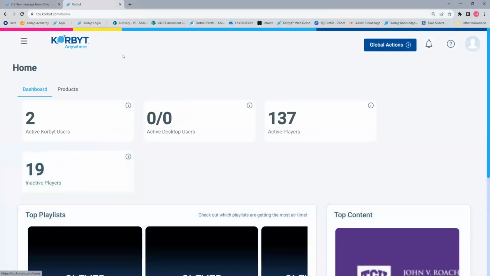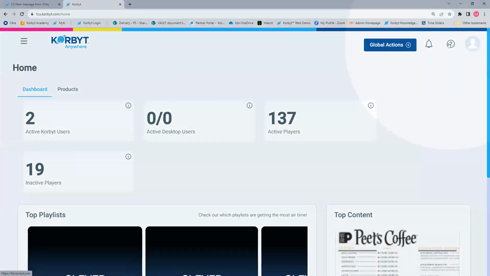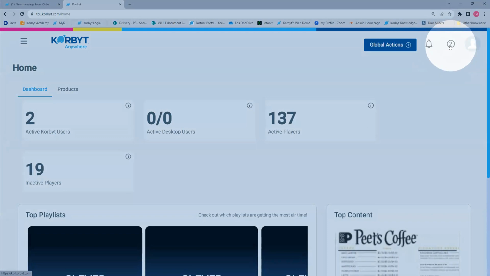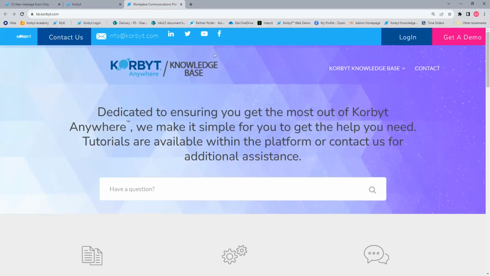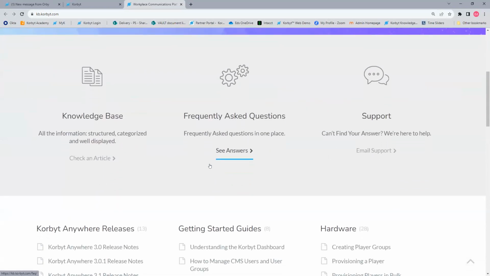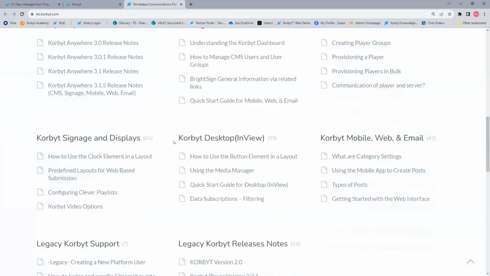As Joshua mentioned, there's your great website, korbyt.tcu.com, which has a lot of resources. We also have a link here connected to one of our resources that some of your links go to, and that's our knowledge base. So this is the Korbyt knowledge base, kb.korbyt.com. It's where a few of the things on your website take you. And here you can find things like getting started guides for digital signage.